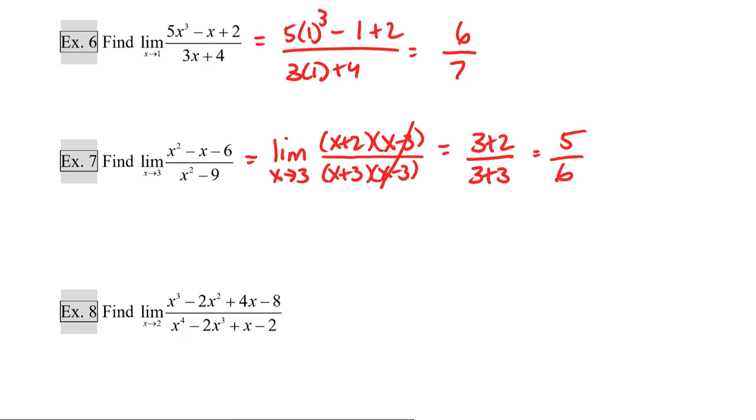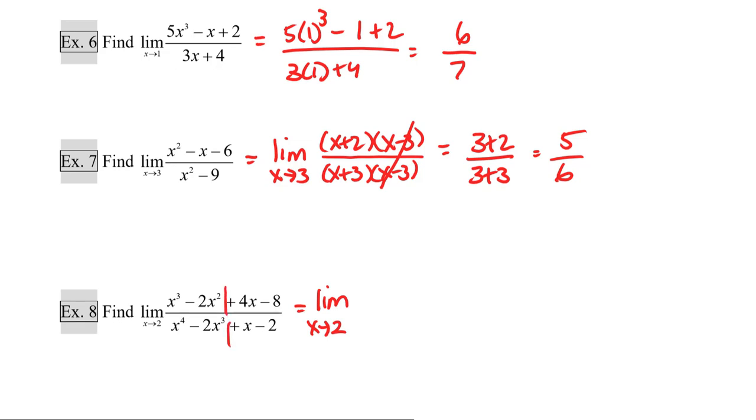Example 8 is another rational function, and if you look at it quickly at the denominator, 2 to the 4th is 16, and negative 2 times x cubed is negative 16. Basically, if I plug in a 2, I'm going to be dividing by 0, so I'm going to have to factor and cancel again. So because I have 4 terms in the numerator and in the denominator, I'm going to